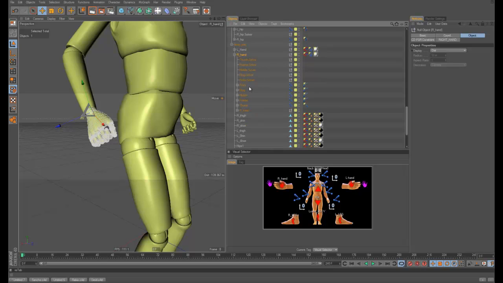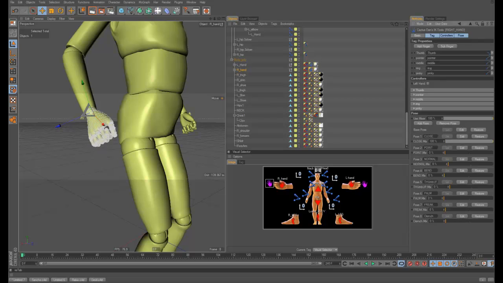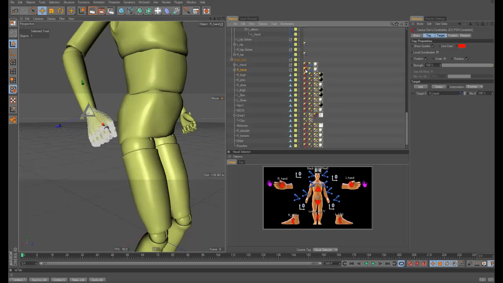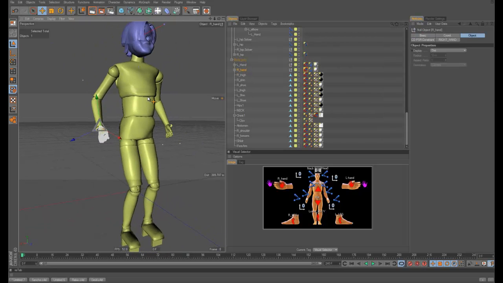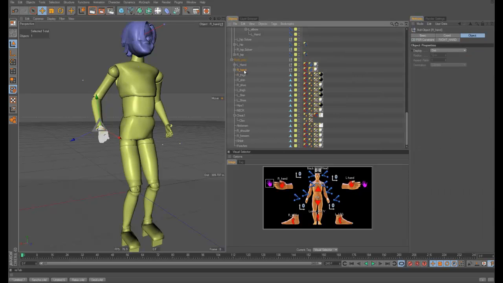So the solvers, the joints, the geometry, the controls, everything is in this hand, and even the hand tag, which controls the poses of the hand, and then it has a constraint. So the way I work is that instead of redoing all these hand controls every time, all I have to do is duplicate this hand,